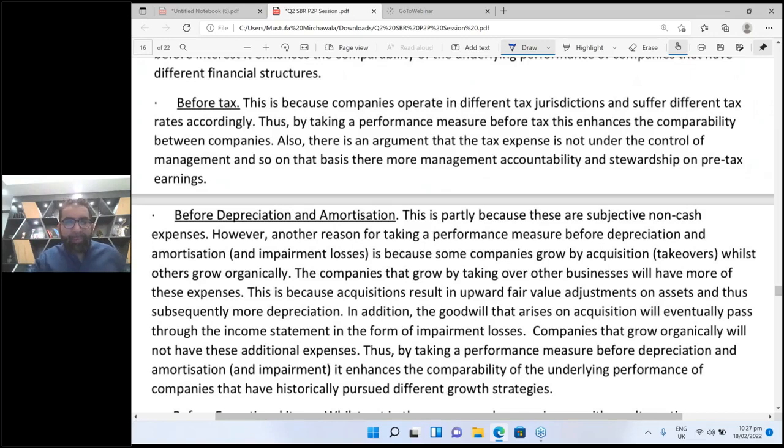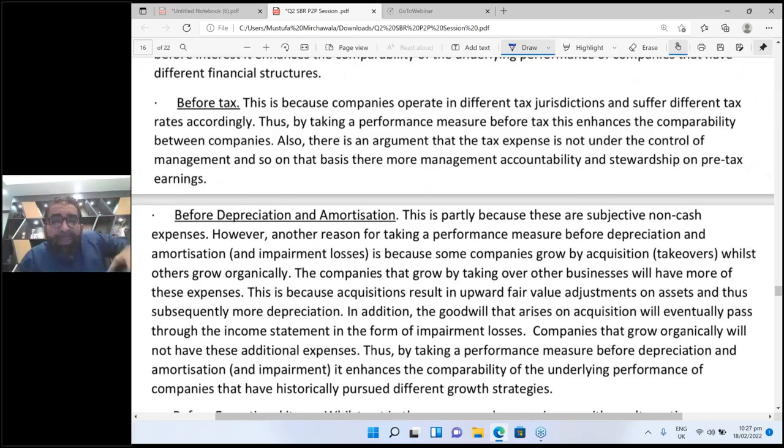Now the third and the most super hit argument. See, now read between the lines. Listen, there are two types of businesses. One business is growing through takeovers. Those businesses which grow through takeover, they have a purchase goodwill, they pay goodwill, and that goodwill is recognized, and then impaired, and we book impairment and amortization as an expense.